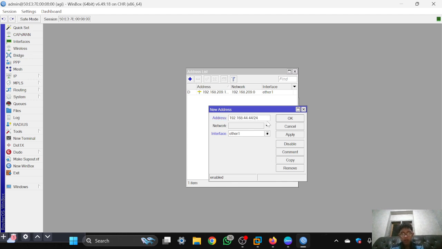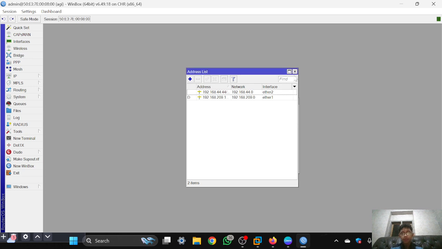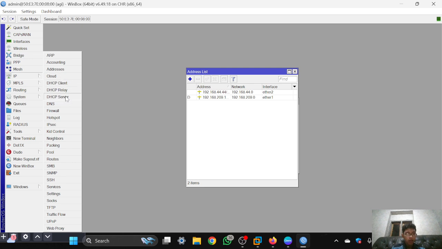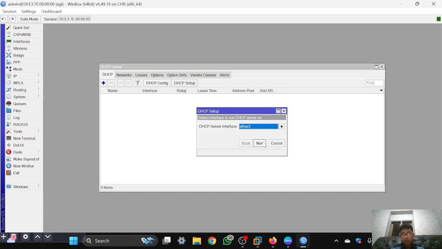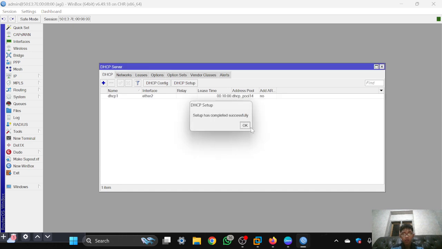And don't forget the prefix, and the interface is Ethernet 2, and click apply and OK. Then go to IP and DHCP server, click DHCP setup, and choose the DHCP server interface Ethernet 2, and click next until the DHCP setup is successful, and click OK.